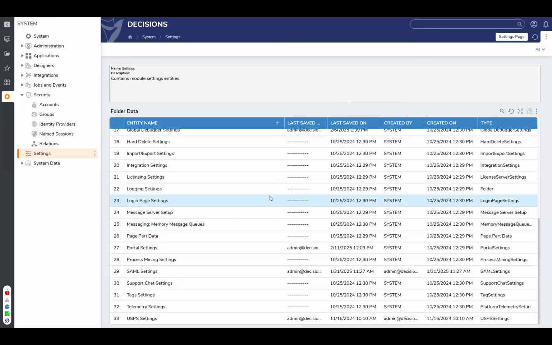From there, there is a line in the settings XML called Enable Single Sign-On, and you would set that to true, restart Decision Services, and now users should be able to log on with single sign-on, provided that the identity provider has the right settings for those users as well, such as having them in the proper security groups, giving them access to this Decisions URL, and whatever needs to be configured on that side of things.